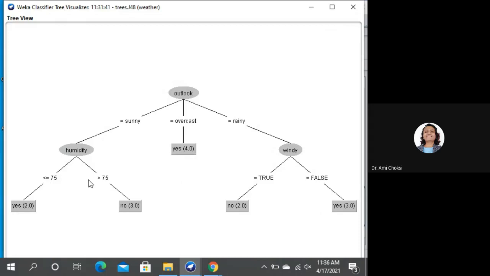If outlook is equal to overcast, then play is equal to yes. The third rule: outlook is equal to rainy and windy is equal to false, then play will be equal to yes. So this is the decision tree classifier.